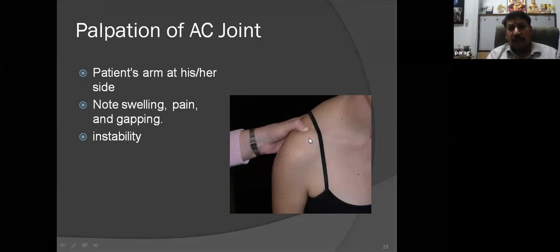This is the area of the coracoid. You have a subcoracoid bursa. You can also have a subcoracoid impingement, and this is where the pain could be a lot of times. And then, joint line pain is very common in osteoarthritis and frozen shoulder. Lateral based pain is very common in subacromial pathologies. So you note any swelling, pain, any definite gaping, or gross instability of any region here.